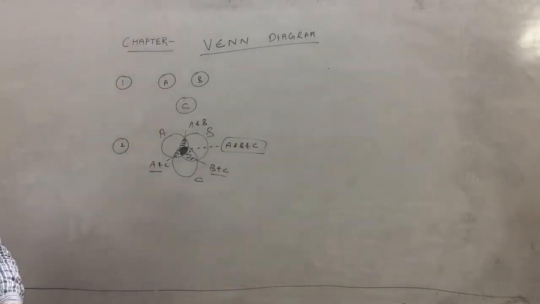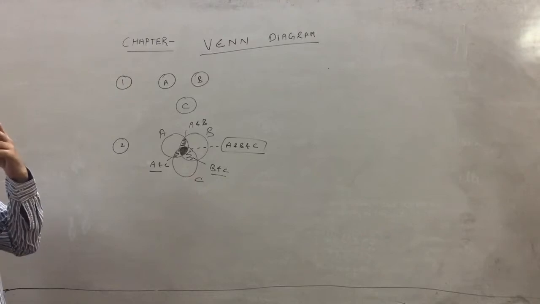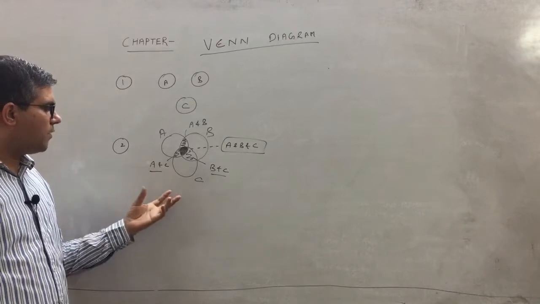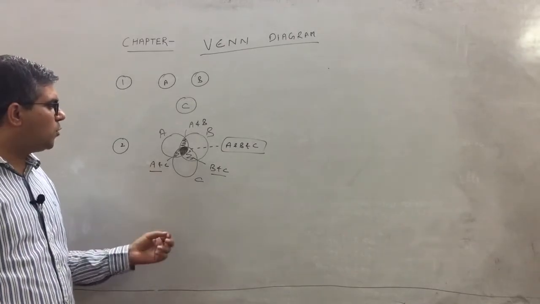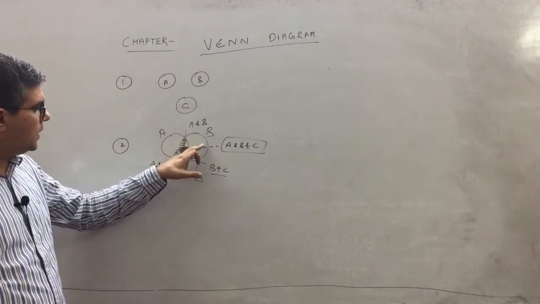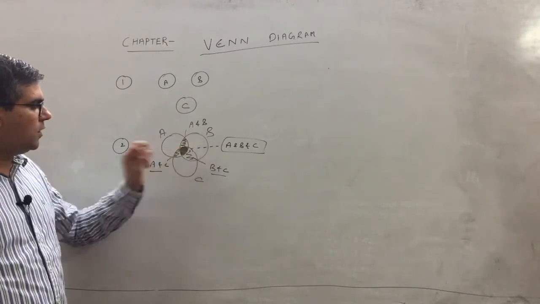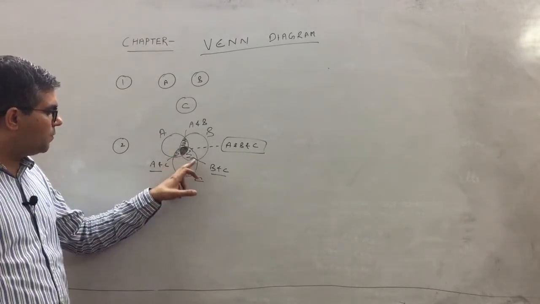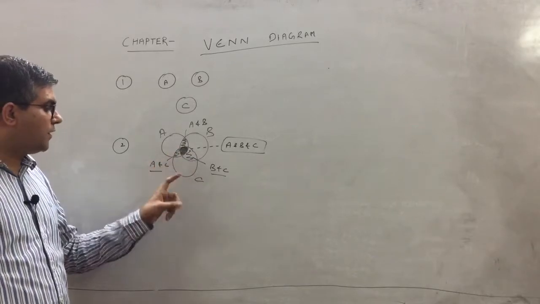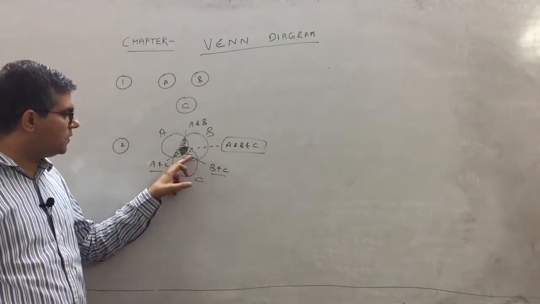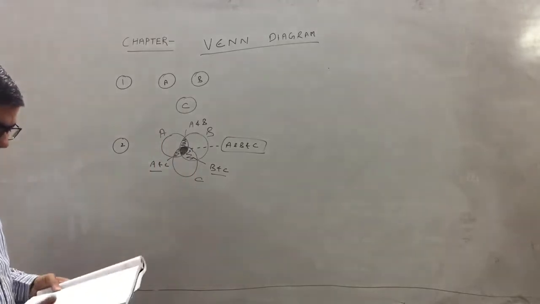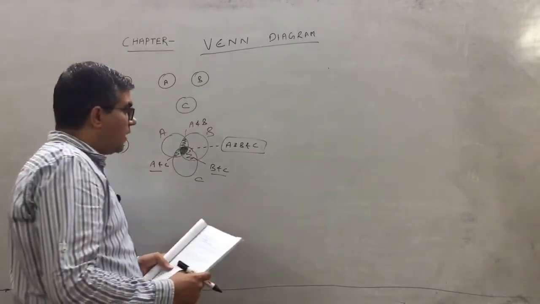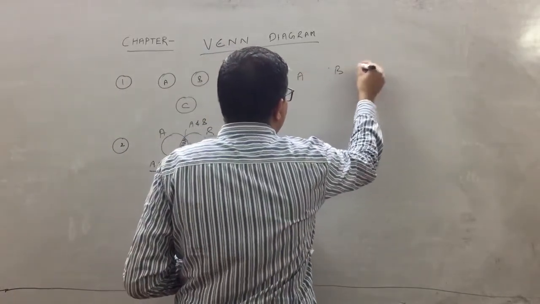So you have to just decode the Venn diagram based upon the data given. If I say which area in the Venn diagram represents certain elements which belong to only B, so only B is this area. And if I say which area belongs to both B and C, B and C is completely this area. And only B and C is this area. Just to give you a fair idea, the examples are already given.